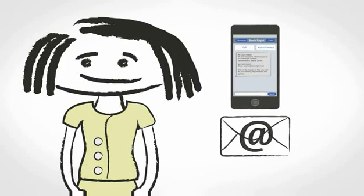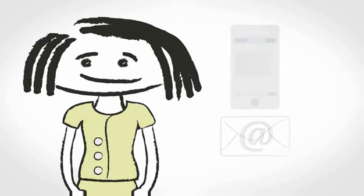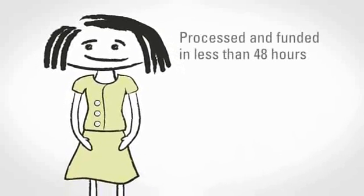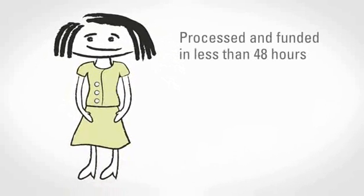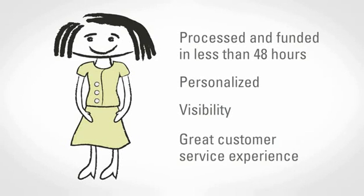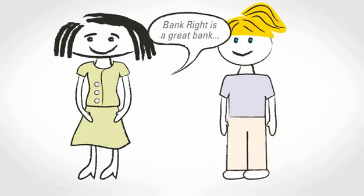She receives a text and email with Sophia's personal contact information and other product offers from the bank that are especially chosen for her. Laura's account was processed and funded from start to finish in less than 48 hours. The onboarding process was personalized to her situation and communication preferences, and she had complete visibility into the process at all times. A great customer service experience makes Laura a happy customer, and she's likely to recommend Bankwright to her friends. With the faster process,